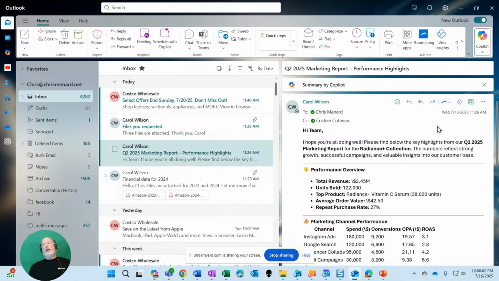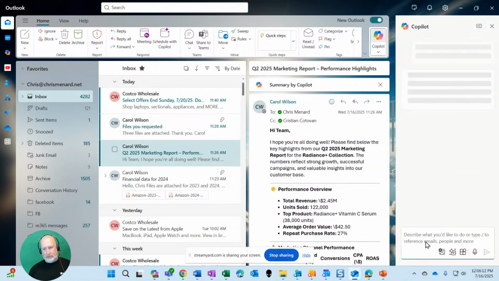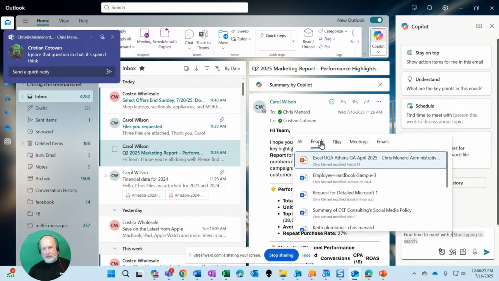There you go. One other new feature that I happened to catch, and this was just this weekend, if you click on Copilot, I'm going to chat with Copilot. Nothing new here, chatting with Copilot while you're in Outlook. This schedule here, I've been waiting for this to show up. Schedule time to meet with, click on it, go to people,